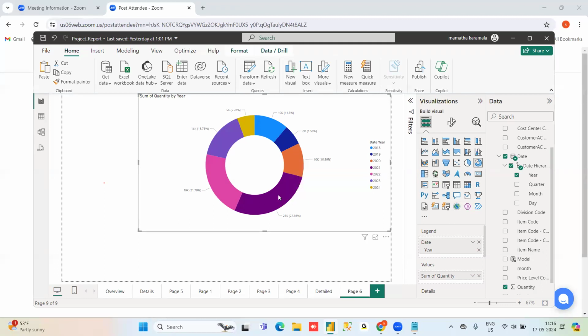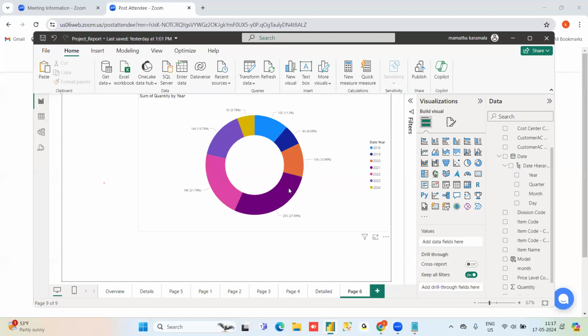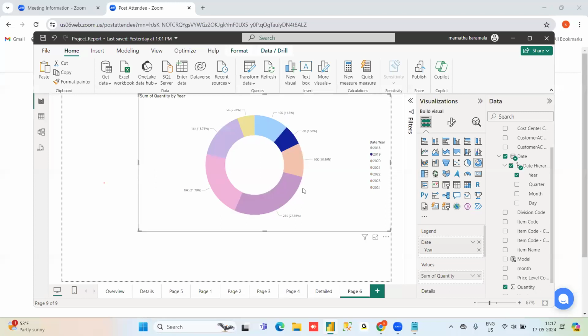So if I right click, why is my mouse not working? This is a slicer, it is slicing the data. But here I am much interested to see only 2021 data.